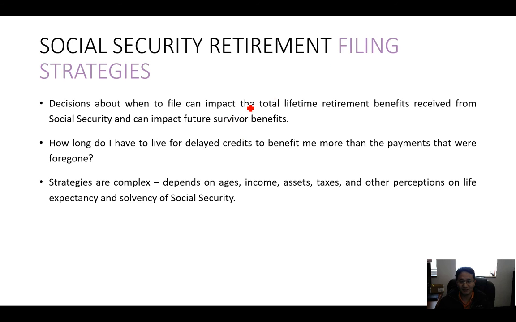They have filing strategies. It's very complicated. A lot of times, if you do a cash flow projection, it's not that complicated. You just factor in the Social Security benefits. However, as I was mentioning, if you are really into it as an investment strategy to maximize the output, it's complicated because it depends on age, income, assets, tax, and uncertainty. The only reason why financial planning is hard is because we have a lot of uncertainty. It's the same reason why finance is different from accounting: because of many uncertainties.